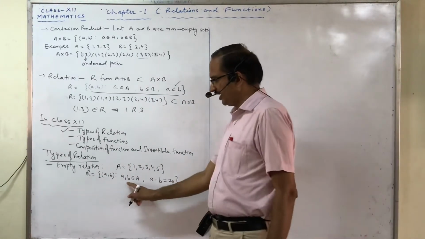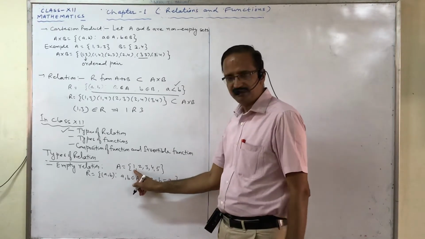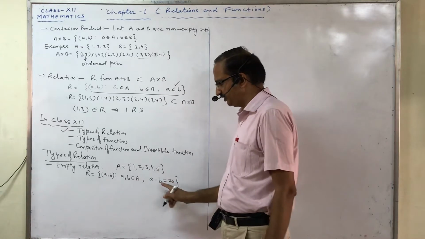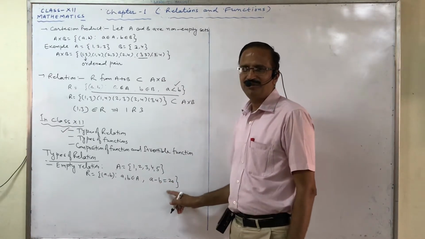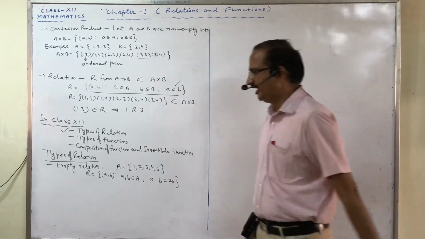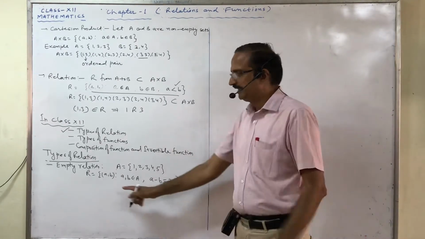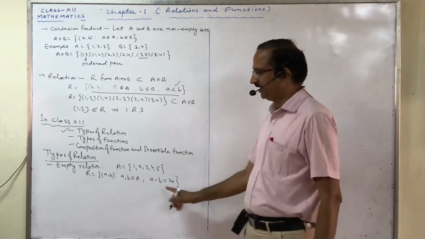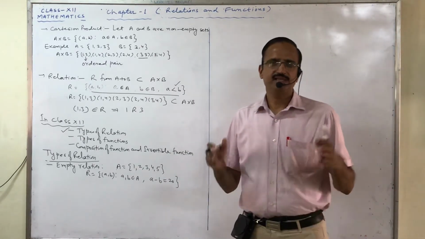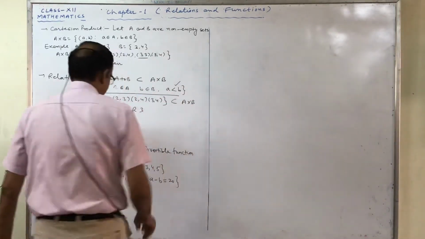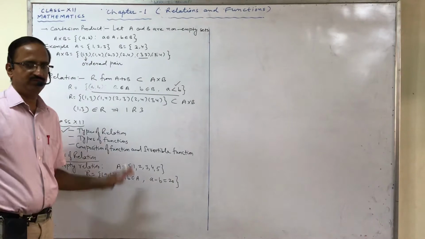Now both the elements belong to the same set. Now check whether the difference of any of the two elements is 20 or not. So your answer is no. So clearly no element of this relation satisfies this condition. It means the relation is empty. Okay children, any doubt? No doubt.